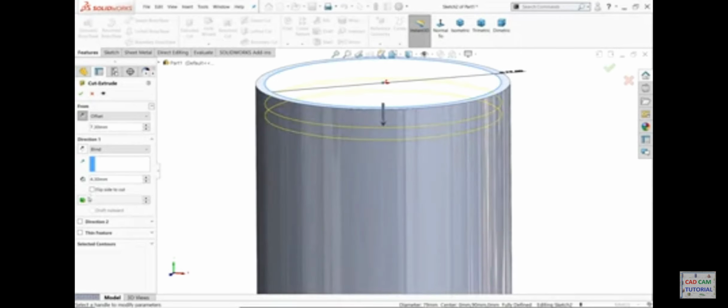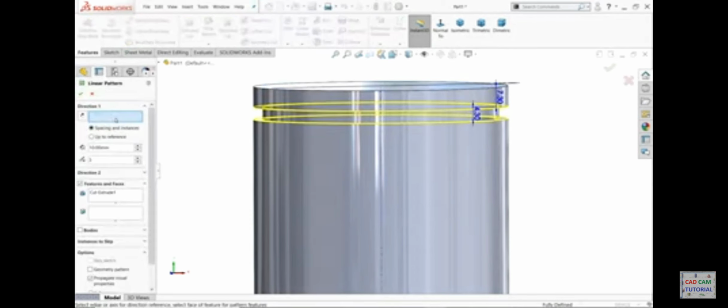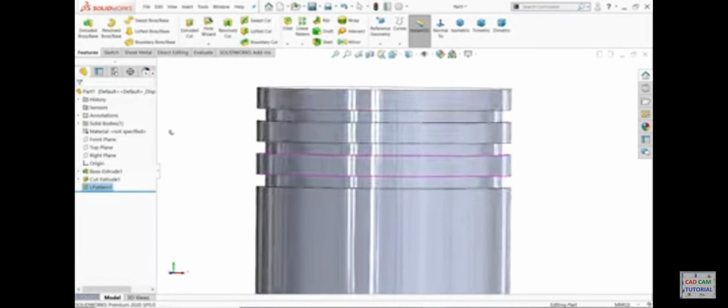See, here select flip side to cut, otherwise it will cut from inside. Make sure flip side to cut is checked. Look, show here temporary axis, linear pattern. I'll choose the temporary axis, and the distance is 7.3 plus 4.3, and we need 3 patterns. Say okay. Now look,